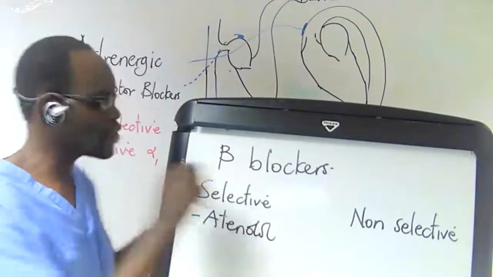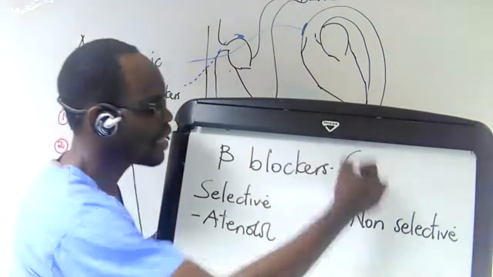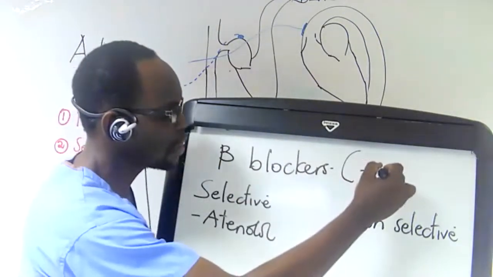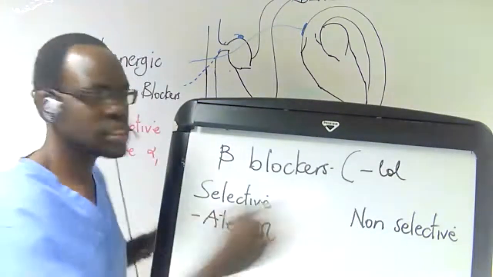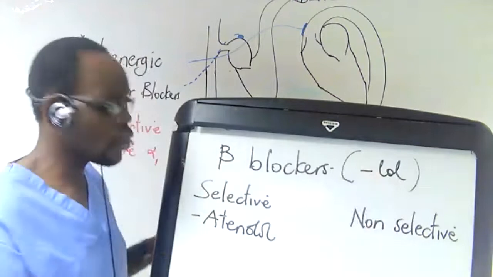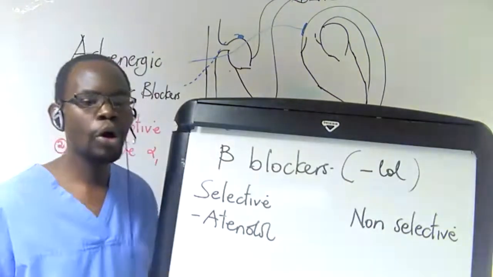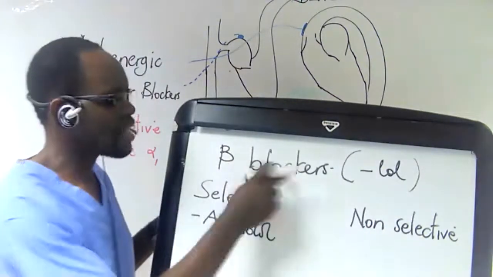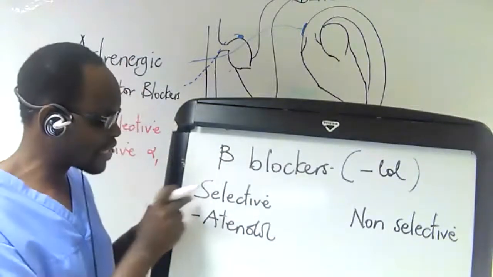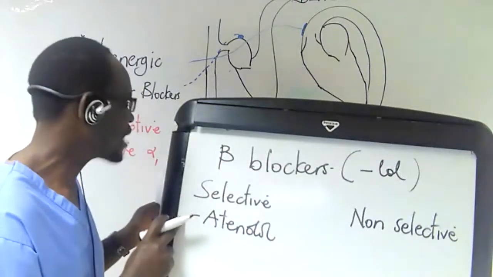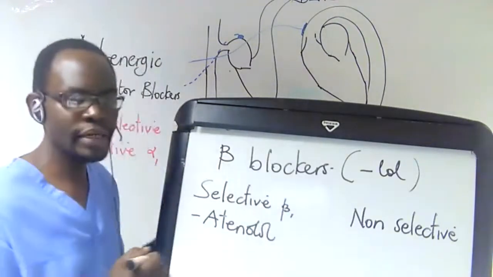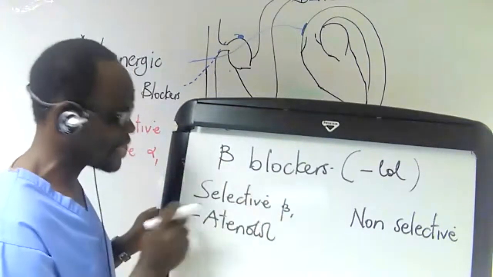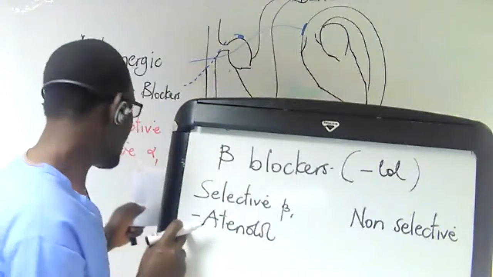By the way, when we talk about beta blockers, it is the 'lols': atenolol, propranolol, carvedilol, all those are beta blockers. But specifically the selective beta blocker, in other words selective for beta 1, is atenolol,